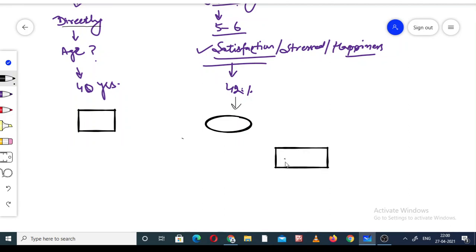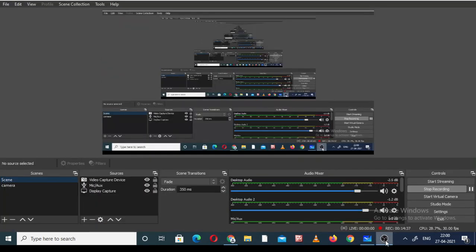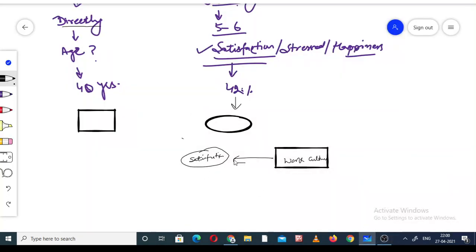How does work culture affect your satisfaction level? As I already discussed, satisfaction cannot be measured in percentage, so that's why I put it into the circle. So how does work culture affect the satisfaction level?